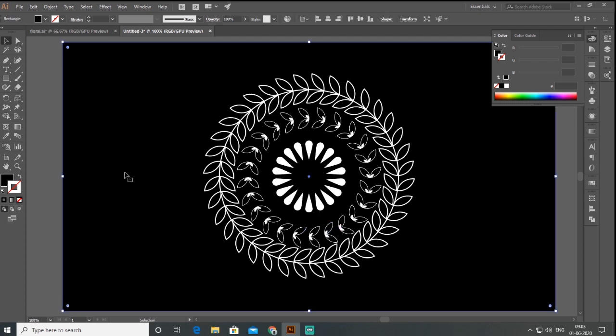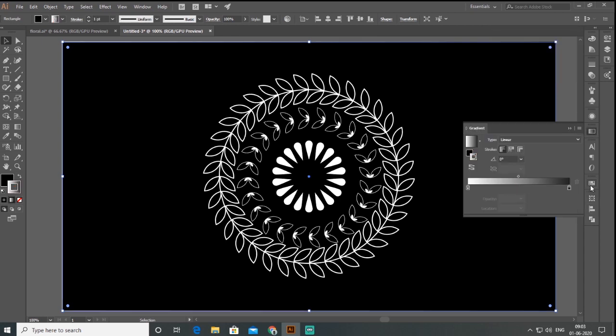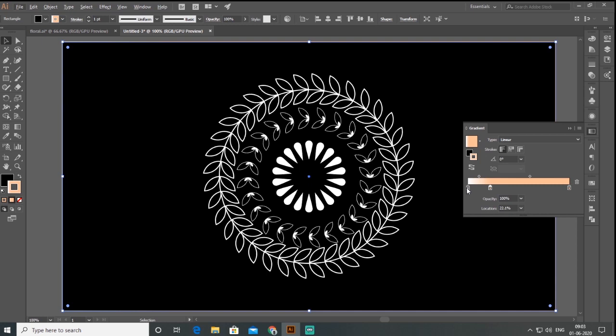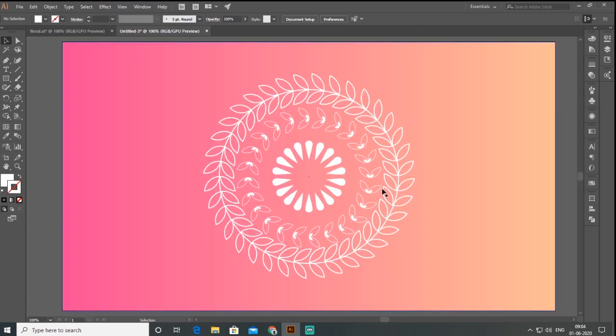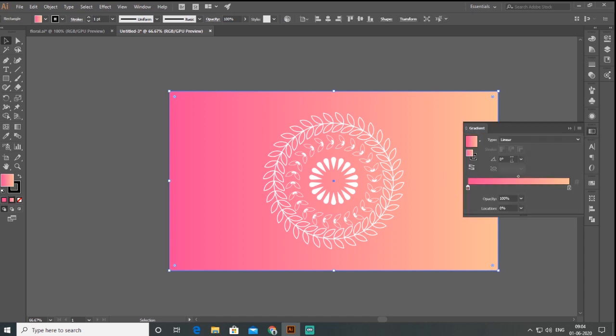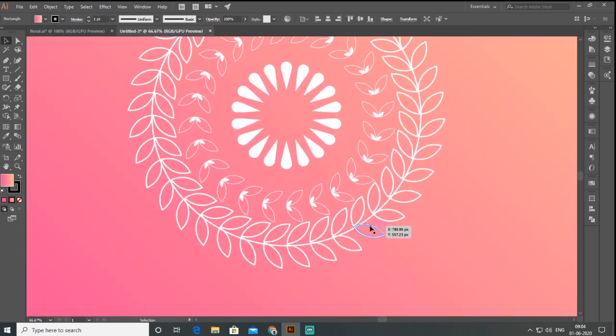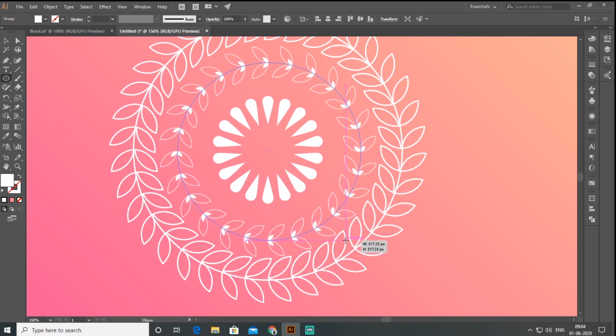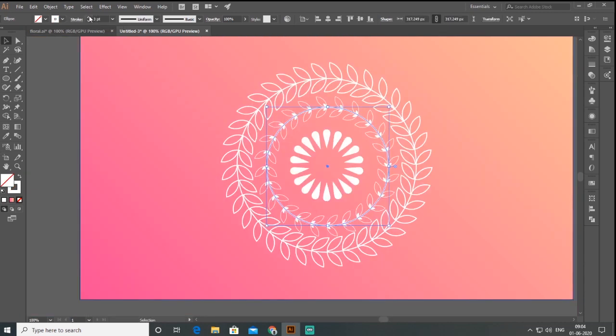And if you want to add a gradient, just select the back one, I mean the black color, then go to the gradient tool and you can put the gradient color here also, right? I just copy and paste this and select the color. Next select this color and change it to 45 degrees. So this is so easy to make a design like mandala art, right? Look how it is made. Okay, this is so easy to make art.